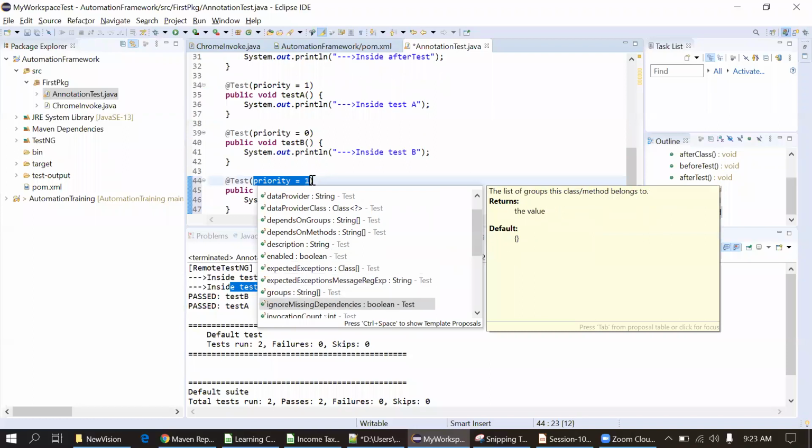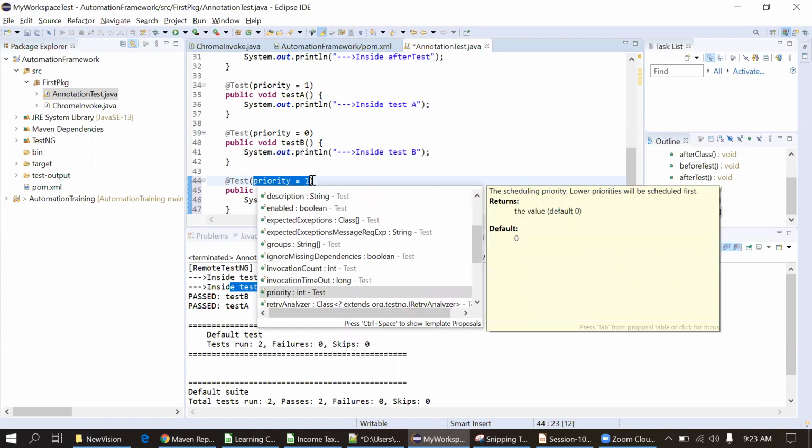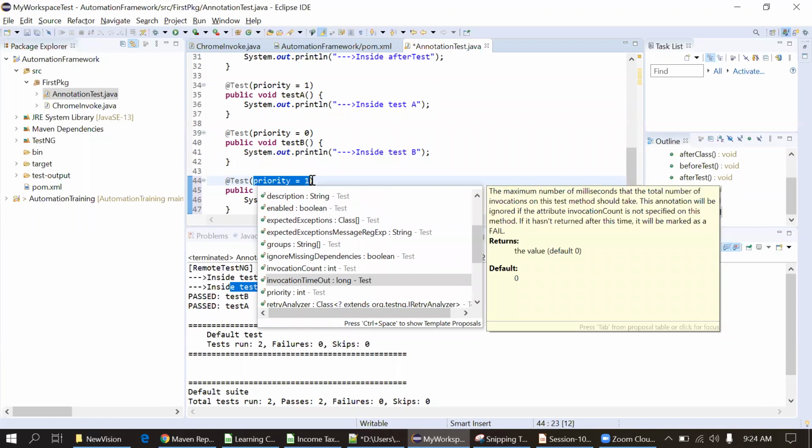Then groups, we can make this test case a part of one group. Then invocation count, means suppose you want to execute the same test case 10 times. So we will use this invocation count, and the same test case will execute 10 times. Okay, the invocation timeout again, we can provide the time within which the test case should get executed, or if that does not happen, the test case will get failed.